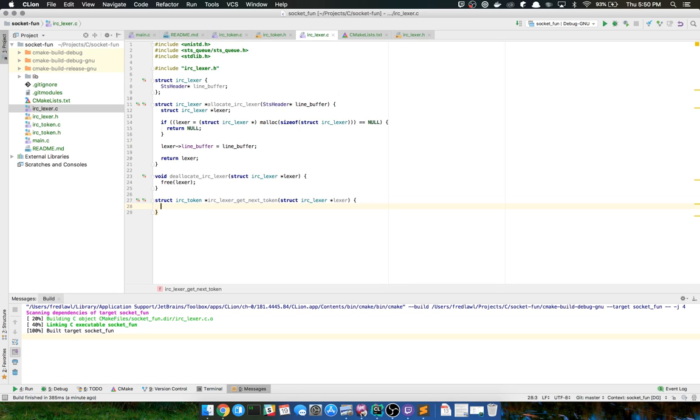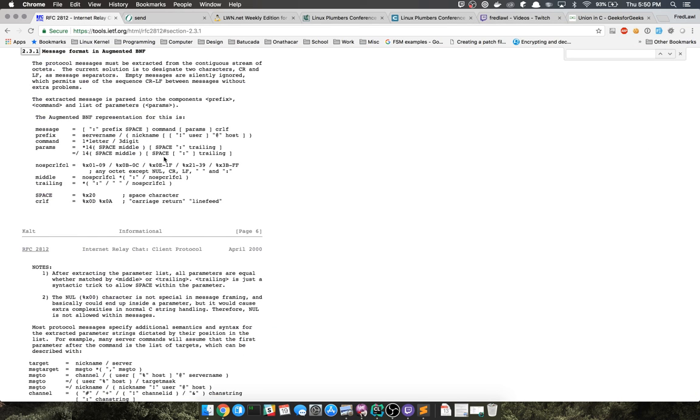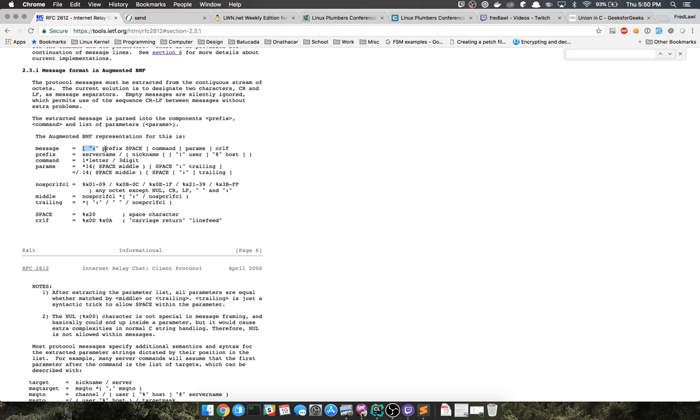Here's where the interesting bits happen. I'm going to be referencing the spec quite a bit for this part. Now this is completely optional: the colon with the prefix and the space. So I need to check for that if it comes.